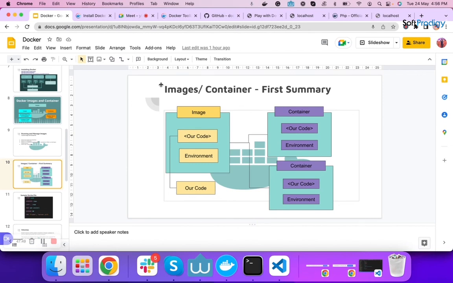When we talk about a container, we can run multiple containers from a single image by running a command. A container is where our code is running within the environment defined in the image itself. Do you want to ask any question about this?